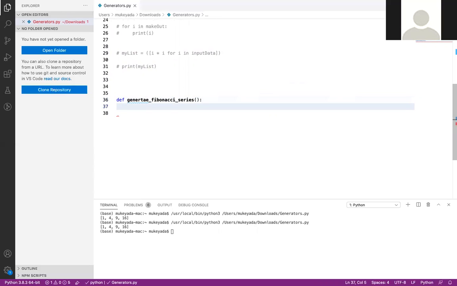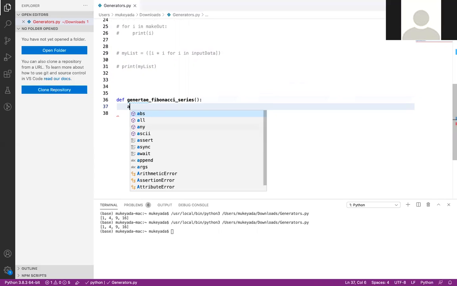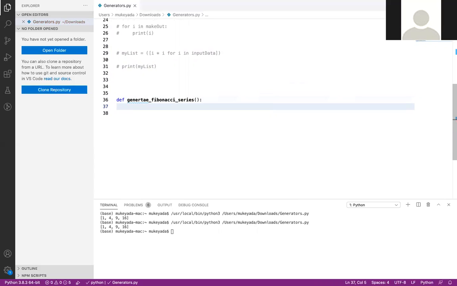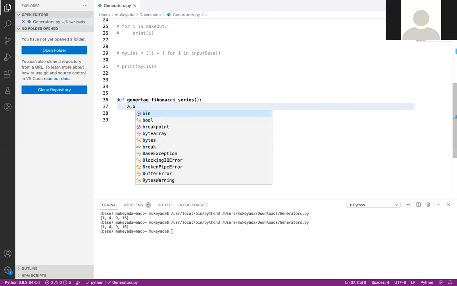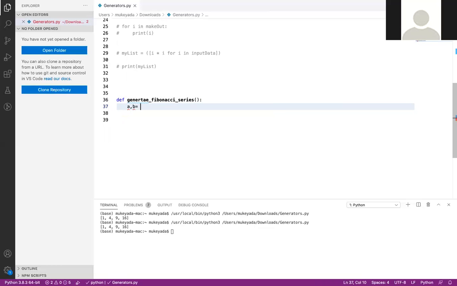If you are aware of the concept of the Fibonacci series, it starts with two numbers and generates a sequence like 0, 1, 1, 2, 3, 5, 8. To make that happen, we take two variables, a comma b, and assign them the values 0 comma 1. So a is assigned 0, b is assigned 1.